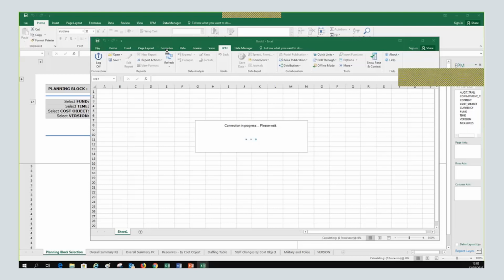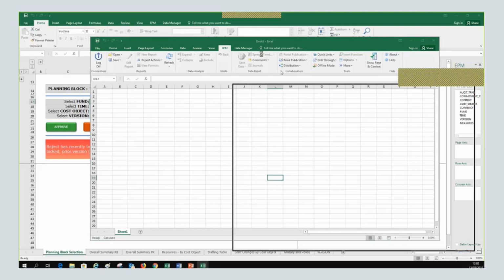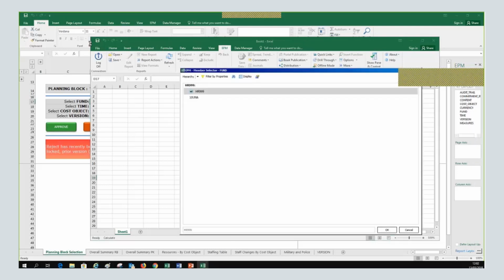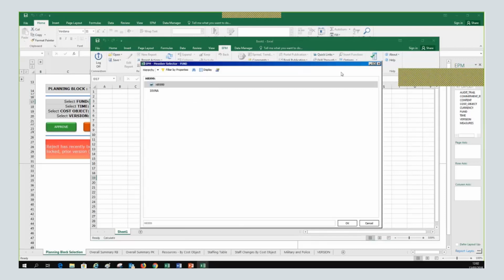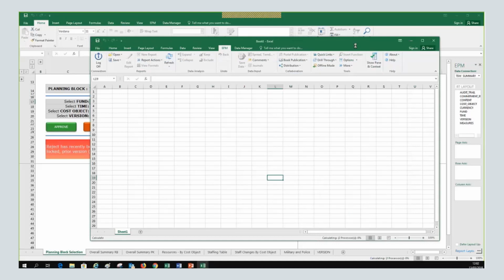I think it's taking a bit of time. Okay, the pop-up finally came. It's only that it came to the wrong window. Bear with me 1 second because the system is thinking. Okay, so we select UNA as a fund code.